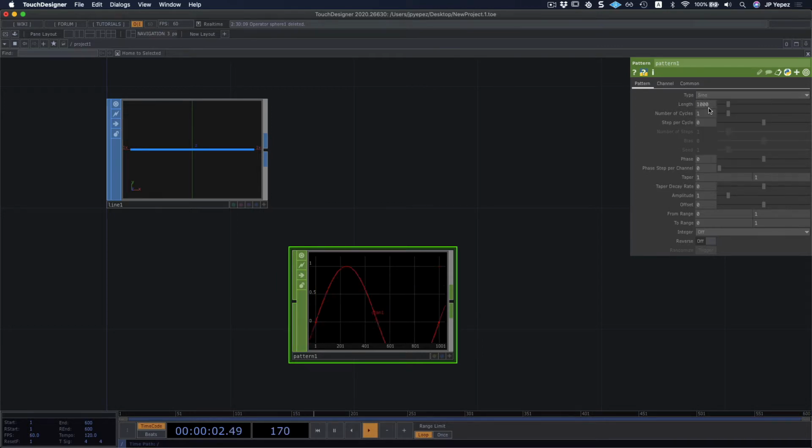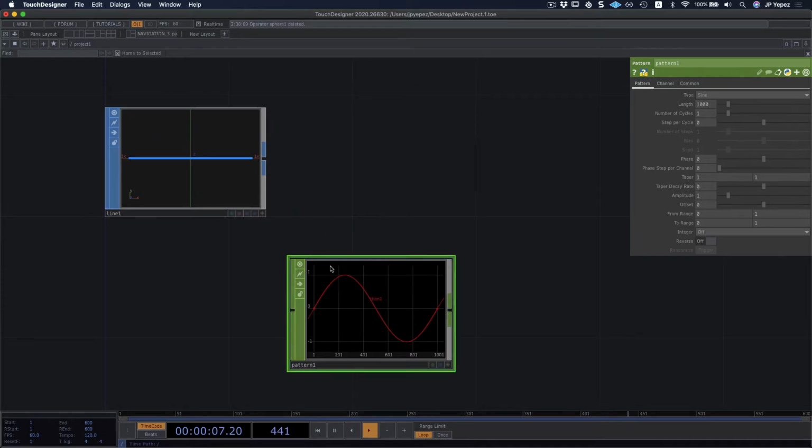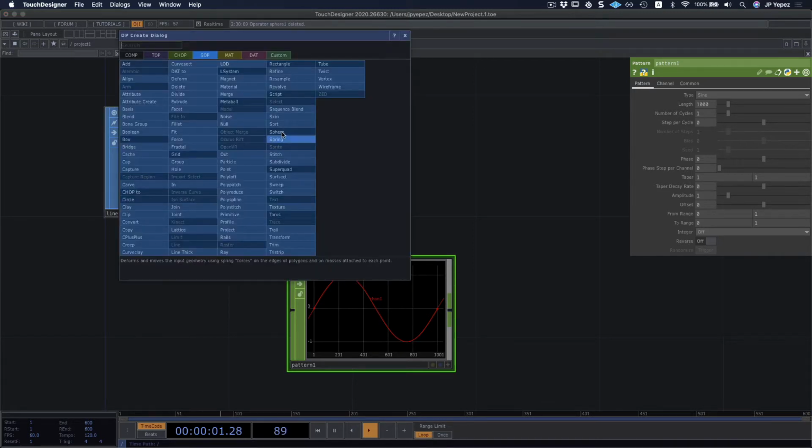In this case, I'm going to use the sine pattern. As you can see, this is a sine wave, which is very useful for creative coding, just a cycle that goes over itself. And we can use this to displace this line, which brings me to a very useful SOP,